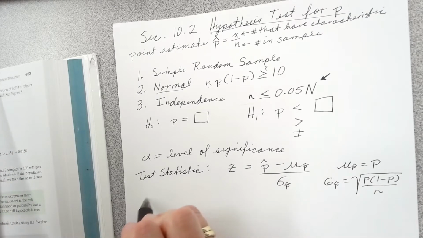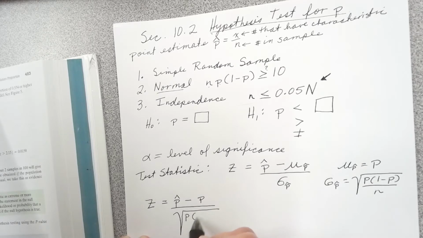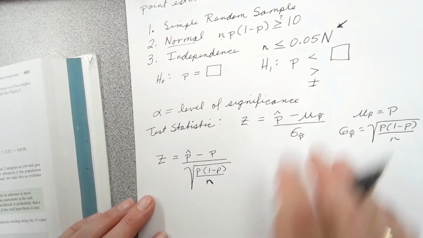So when we find the test statistic Z, it's going to be P hat minus P over the square root of P times 1 minus P divided by N. And make sure that N is underneath the square root. So when you put it in your calculator,